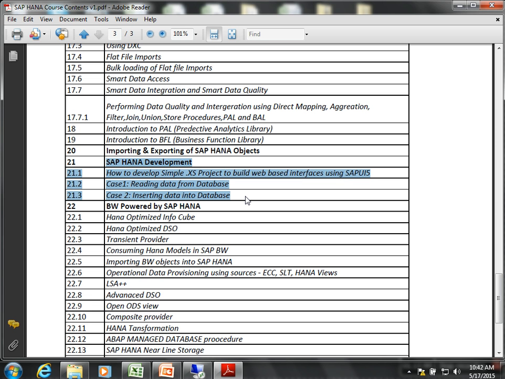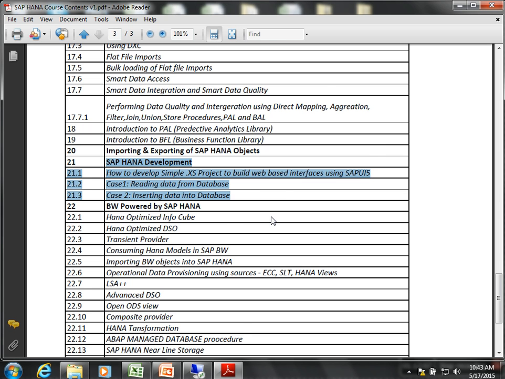Let's say I change some data in the front end, and we see that the data is getting changed. If you know how to insert new data, how to modify, and how to read data from the database with an application using the native framework, I think you can develop any application you want. Once you know how to add a new record to a table, or modify, delete, and then display in the front end, then you can develop any application you want.